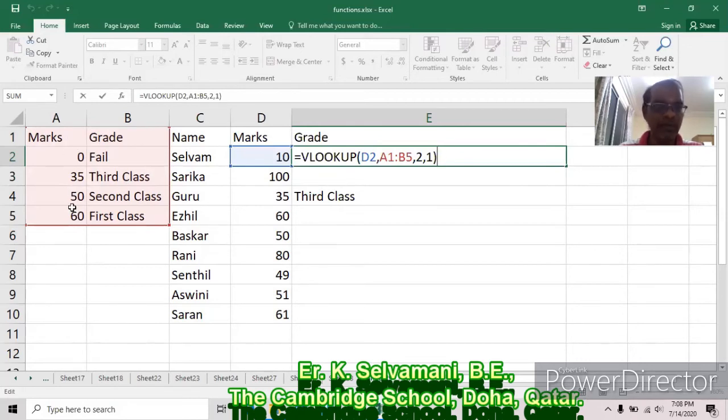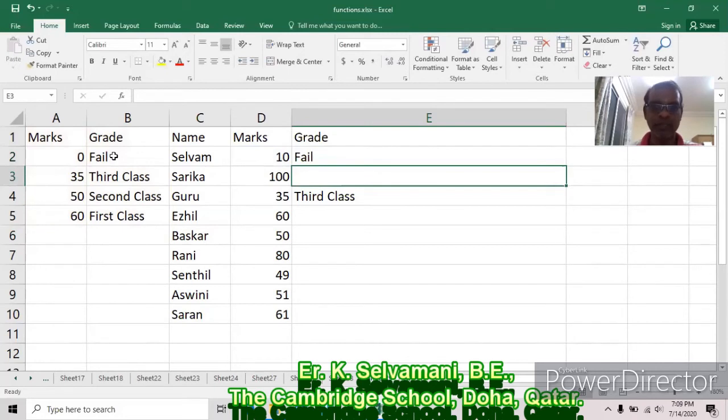If 10 is available, the second column value will be written. If 10 is not available, it will look for the largest value smaller than 10. Here the largest value smaller than 10 is 0. It found 0. Then the second column is fail. Fail will be written here.